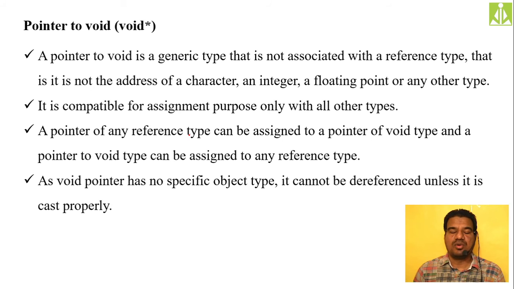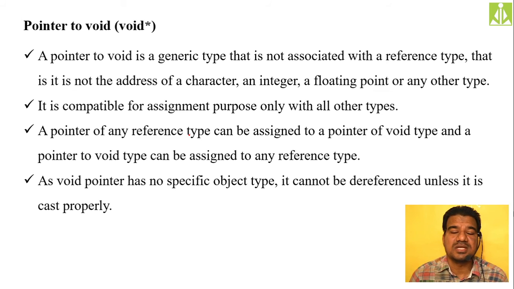So in programming, many times you may declare many different types of pointers, and at the time of declaration of a pointer, you may be unaware of the type of variable whose address you are going to store into that pointer. So if you have such a confusion where you exactly don't know what variable's address you are going to store in a particular pointer, declare it as a generic pointer.